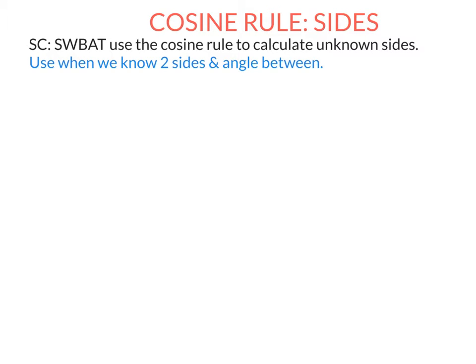Thank you so much for tuning into this video in which we will use the cosine rule to find unknown sides. Once again, we're working in non-right-angled triangles. So to use this rule, you need to know two sides and the angle between. There is a formula, and it sort of looks like Pythagoras. It's c squared equals a squared plus b squared, which is Pythagoras, minus a little bit more, minus 2ab